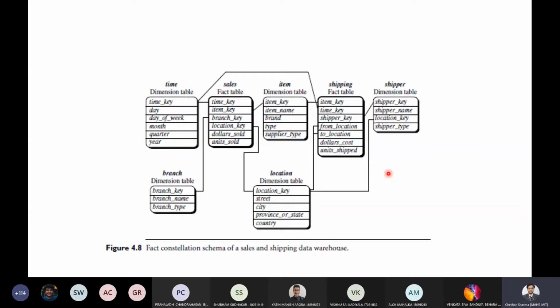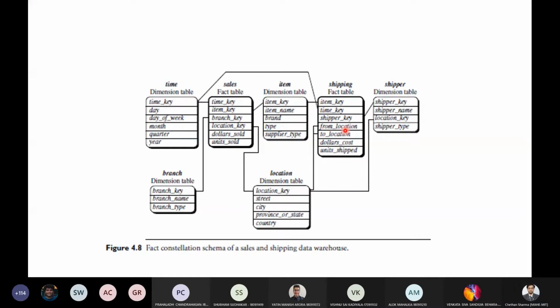It is also called the galaxy schema. Galaxy schema or fact constellation means the same thing. See, there are two fact tables in this particular figure, that is sales, this one, and shipping, this one.